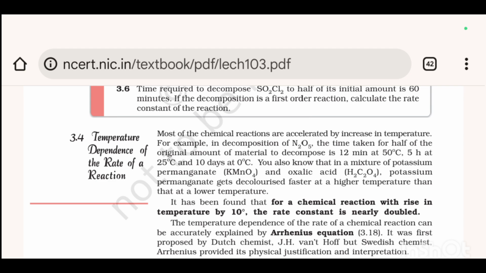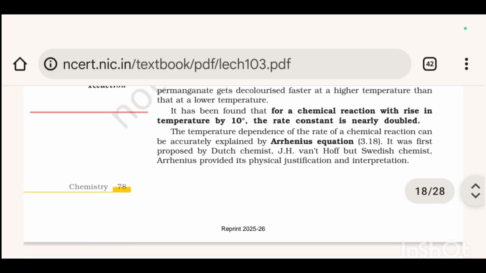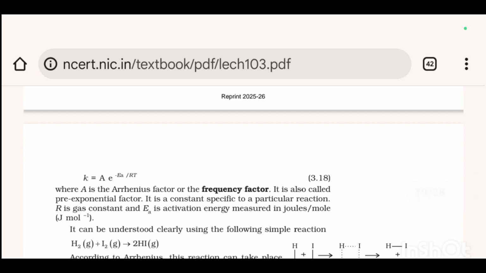It has been found that for a chemical reaction, with a rise in temperature by 10 degrees, the rate constant is nearly doubled. The temperature dependence of the rate of a chemical reaction can be accurately explained by the Arrhenius equation. It was first proposed by Dutch chemist J.H. van 't Hoff, but Swedish chemist Arrhenius provided its physical justification and interpretation. k = A e^(-Ea/RT), where A is the frequency factor or the